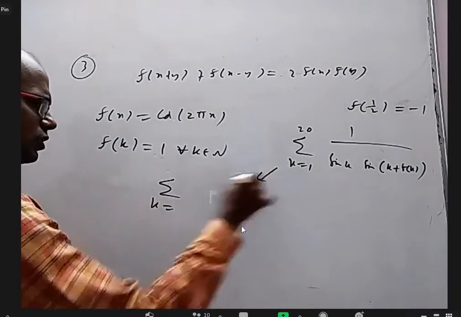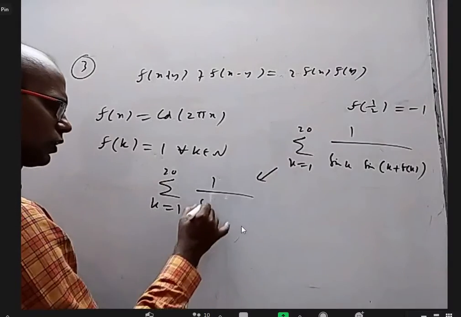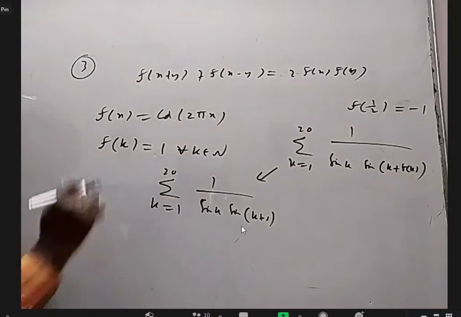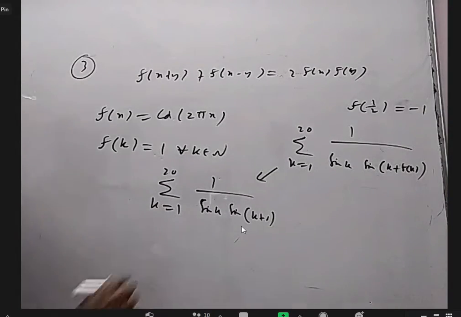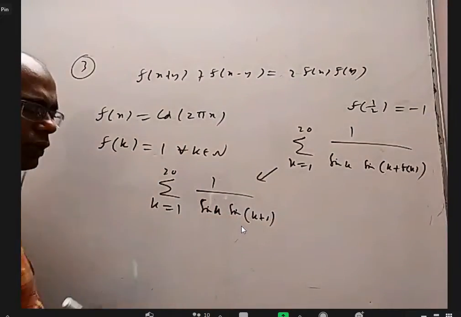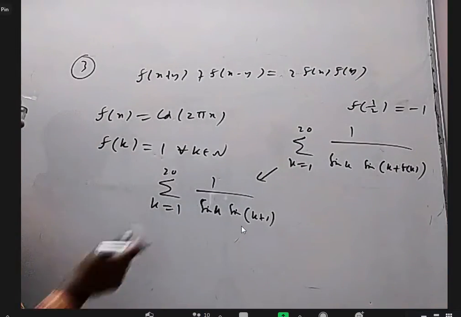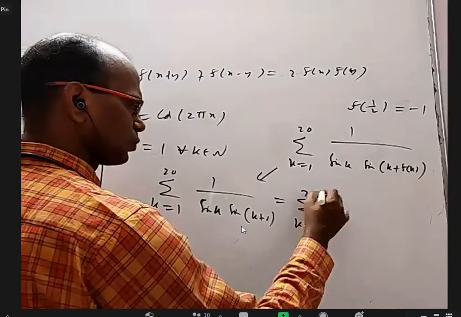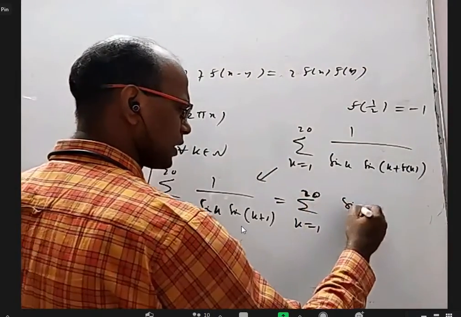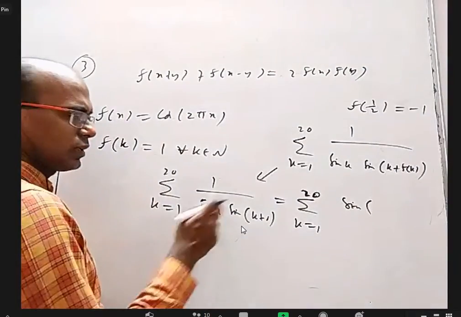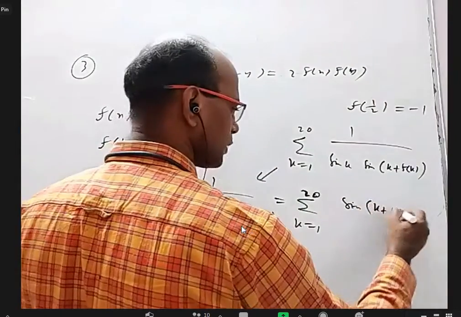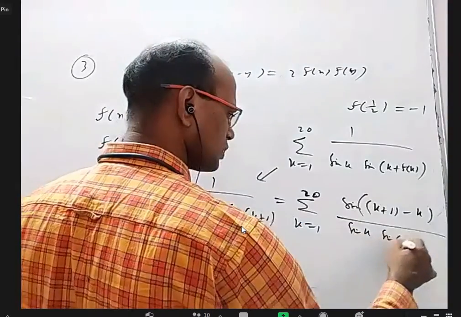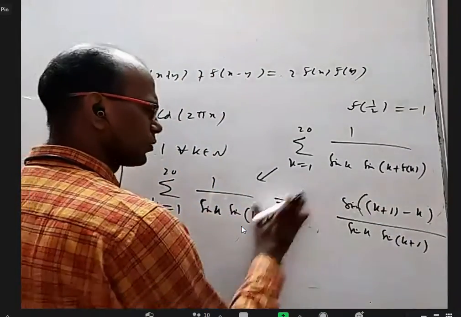So now coming to this, sigma k equal to 1 to 20 sin k into sin of k plus 1. Now how to deal with this? Difference of these two is sin 1. So I want to multiply and divide with sin 1 and write that 1 as a difference of two things. So sigma k equal to 1 to 20, I will multiply sin 1 divided by sin 1, that 1 I will write as k plus 1 minus k, by sin k into sin of k plus 1. Because I multiplied, I have to divide with sin 1.